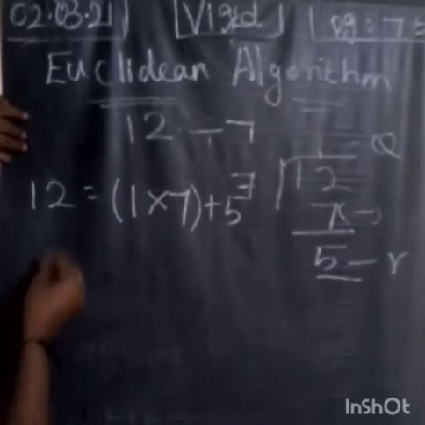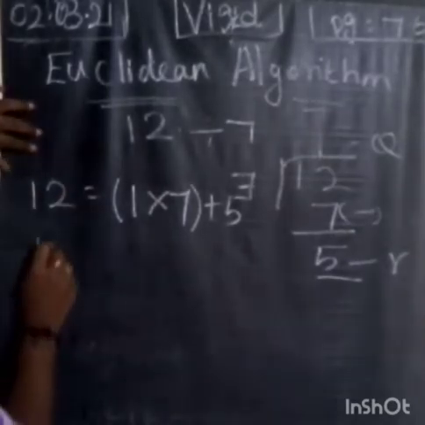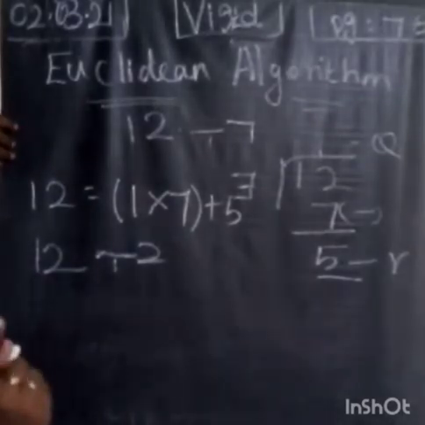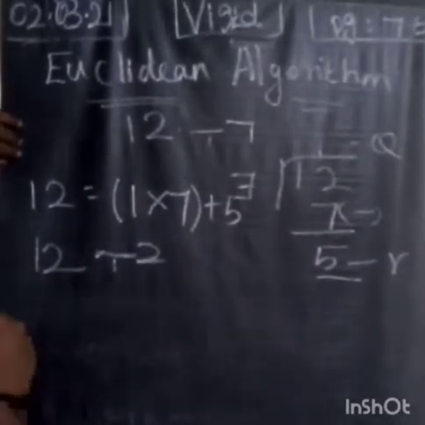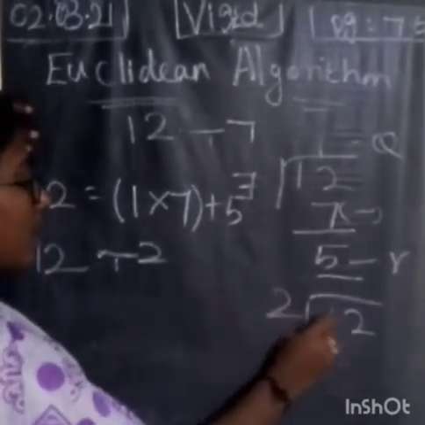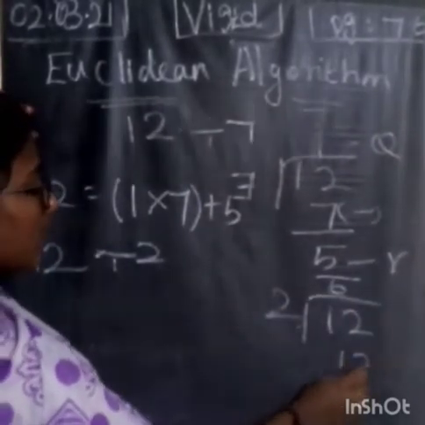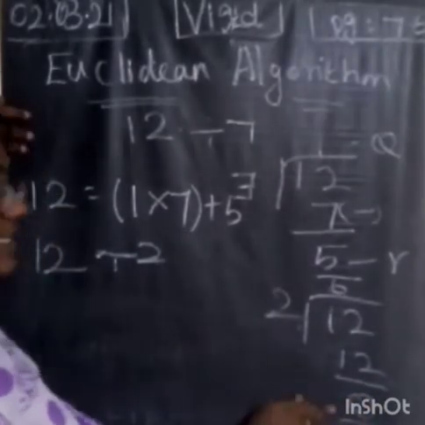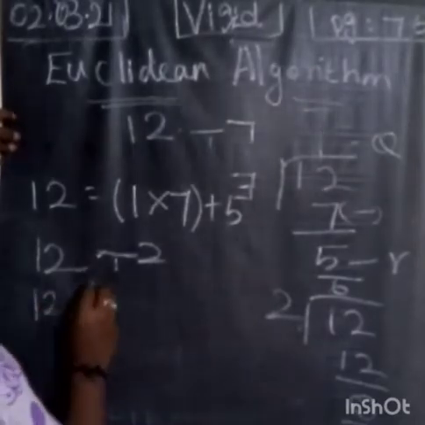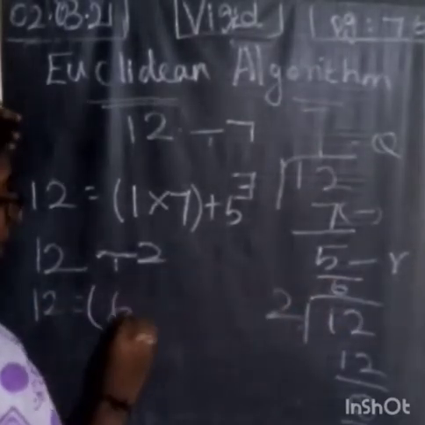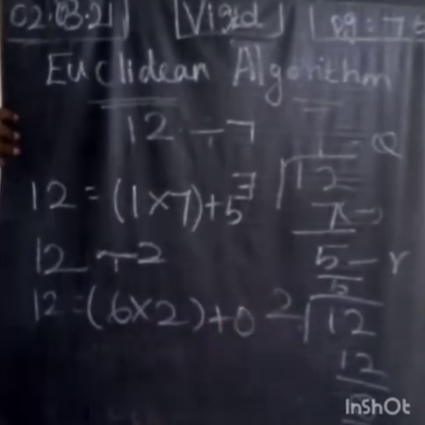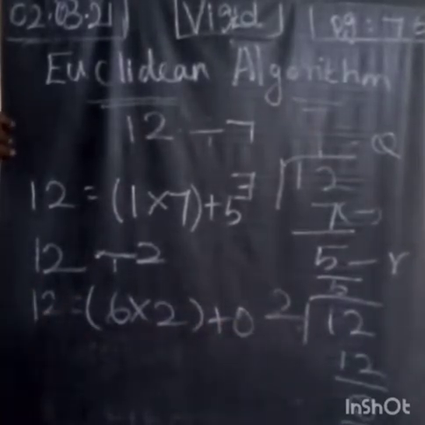If we divide 12 by 2, 6 twos are 12. So here the quotient is 6 and the remainder is 0. So 12 can be written as 6 multiplied by 2 plus 0. From this we observe